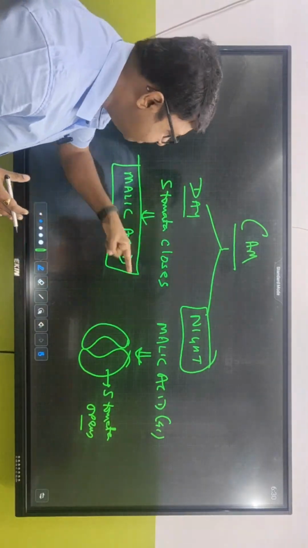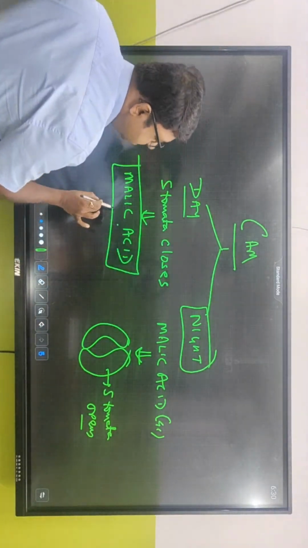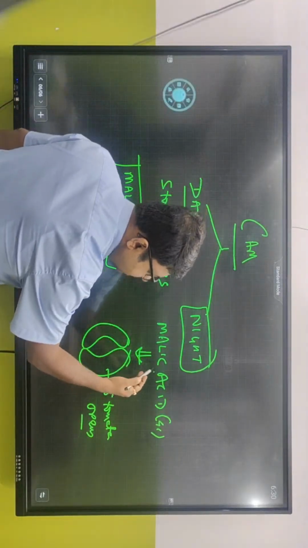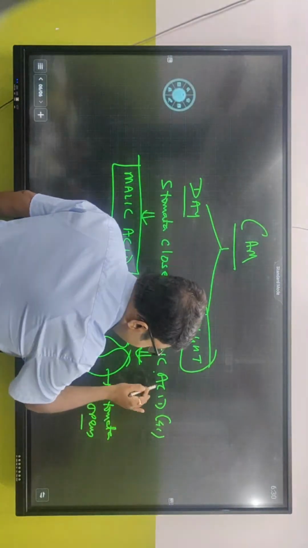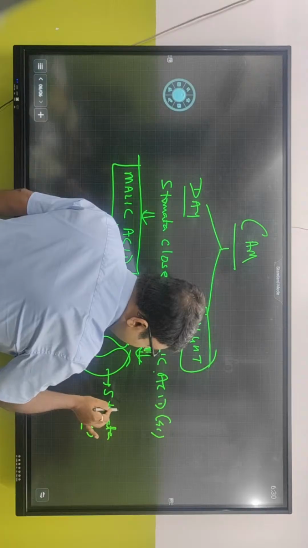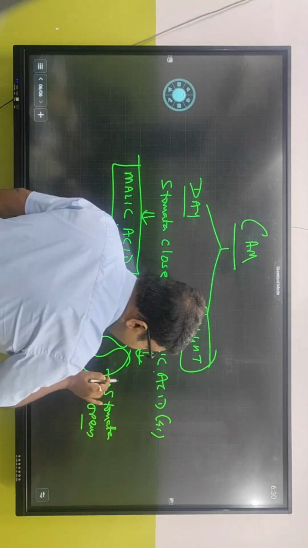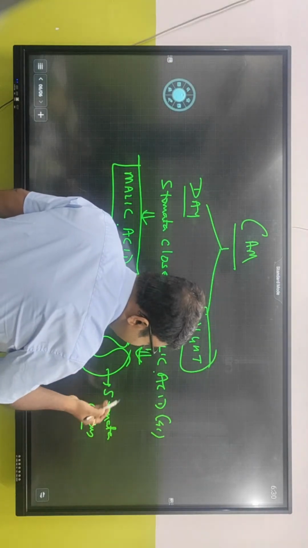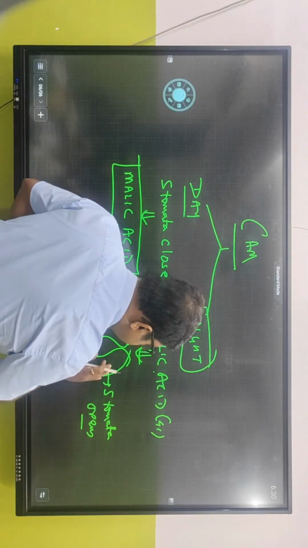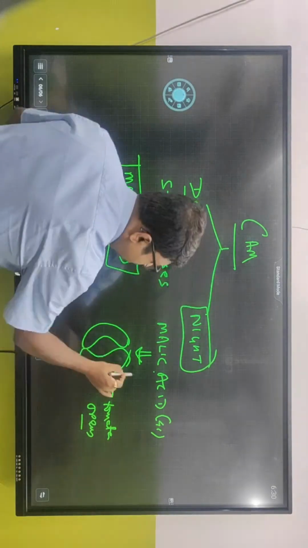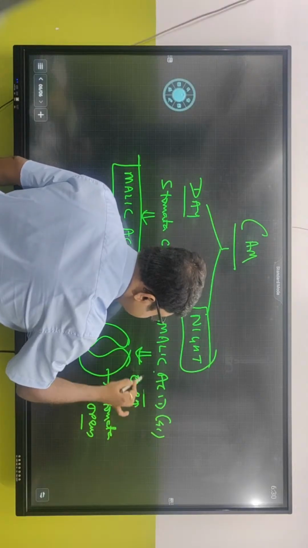Clear? So এই malic acid normally দিনের বেলায় কি হয়? রাতের বেলায় malic acidটা ভেঙে গেল, তাহলে ভেঙে যাওয়াটাকে কি বলা হয়? Acidification না deacidification? তাহলে deacidification হয়ে malic acid ভেঙে গেল, stomata open হয়ে গেল due to what? Osmotic potential increases. But